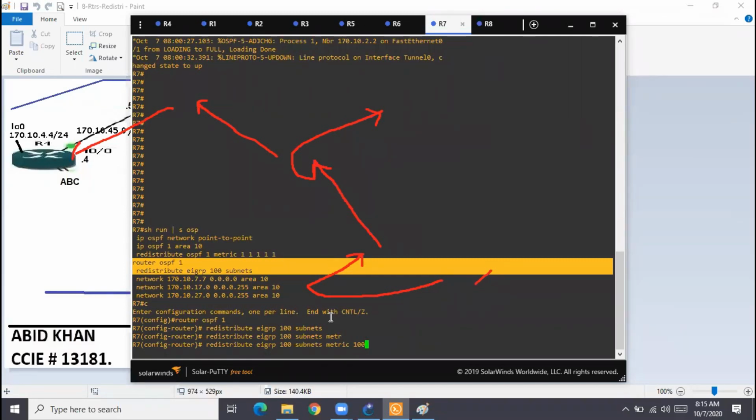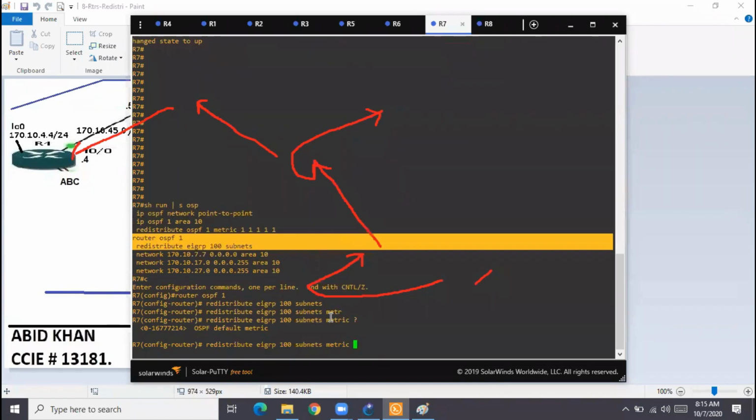So I assign some value, because the metric can be any number up to, see, the metric range has also increased in the new IOS versions. Previously OSPF cost used to be only 16 bit. Now it has become 16.7 million, which is as good as 2 raised to 24.